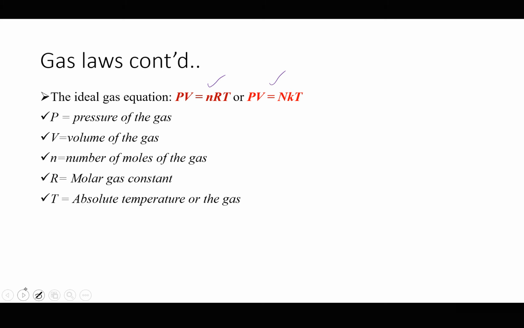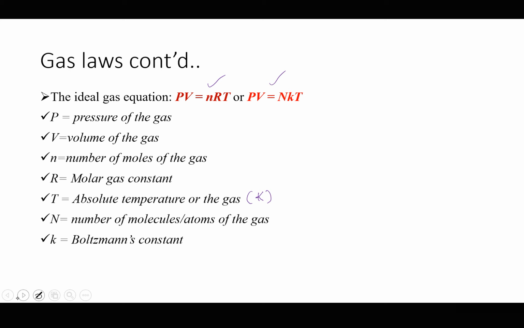T is going to be absolute temperature, that will be temperature in Kelvin units. N is going to be the number of molecules or atoms of the gas, and k will be Stefan Boltzmann's constant, or simply called Boltzmann's constant,